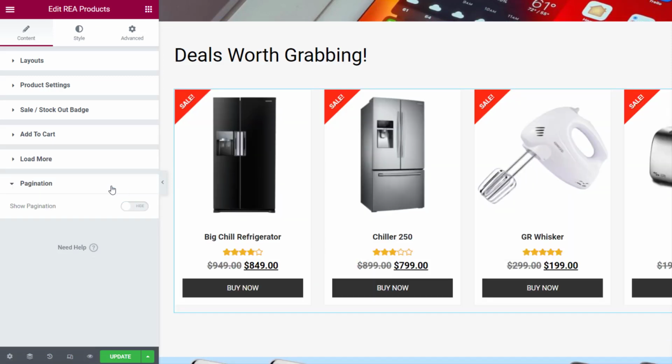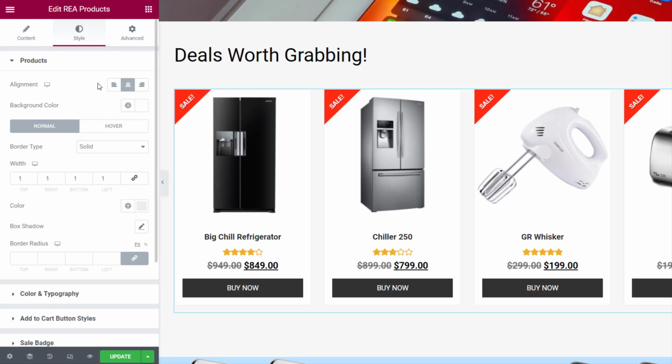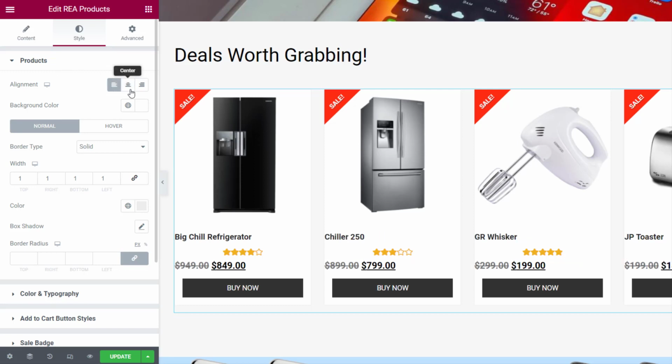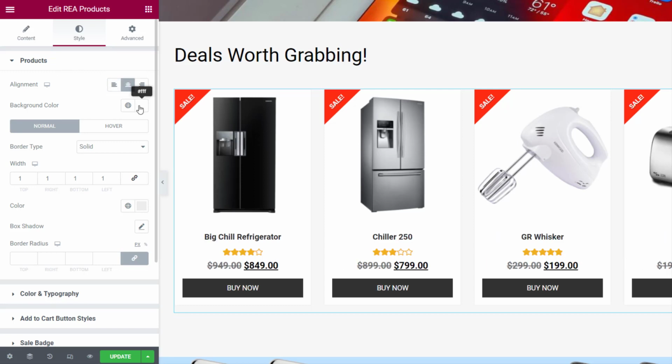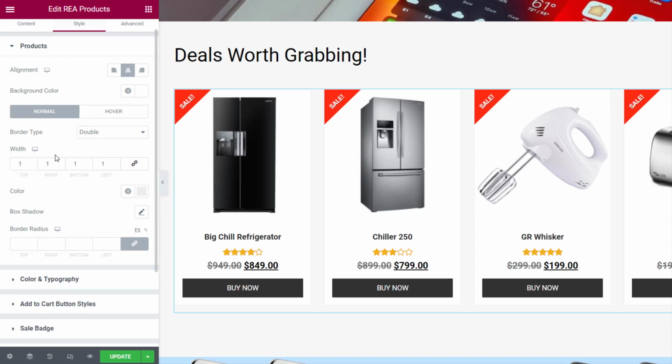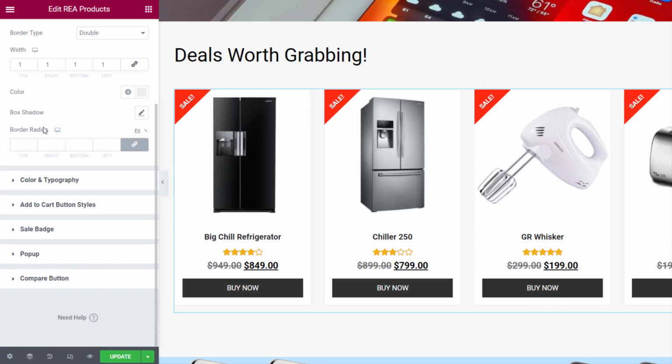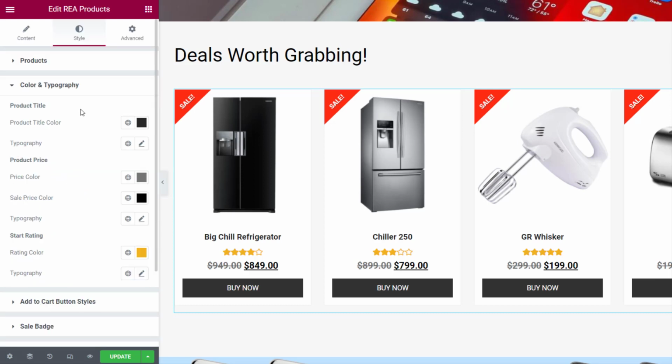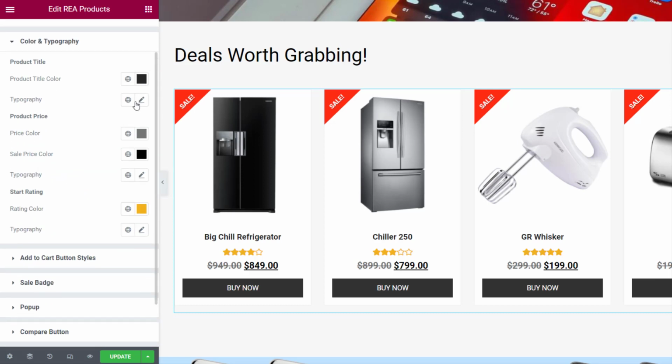Now, let's move on to the Style settings. In the Products tab, select the alignment for the products, and set the background color for normal and hover. You can also select a border type for the products and set its width and color. Here, you can also add a box shadow to the products and set the border radius. In the Color and Typography tab, you can set the color and typography options for product title, product price, and